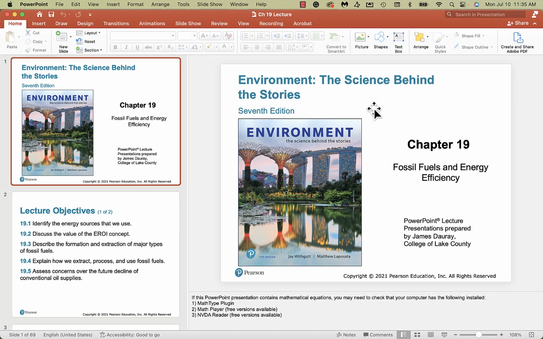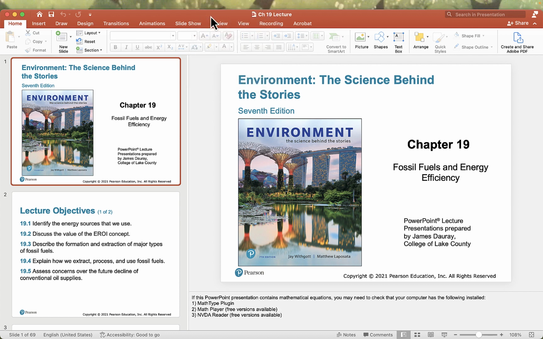So here we are in Unit 6, Energy Resources and Consumption. When we look at this unit, it's chapters 19, 20, and 21. Chapter 19 deals with fossil fuels. Chapter 20 deals with conventional alternatives to fossil fuels. And chapter 21 is new alternatives to fossil fuels. So you kind of get a history of